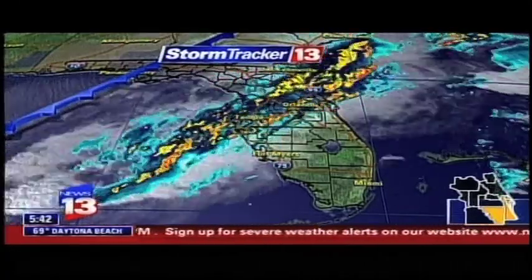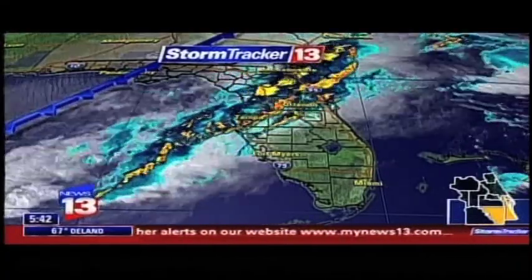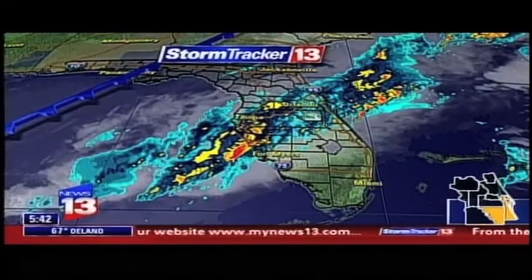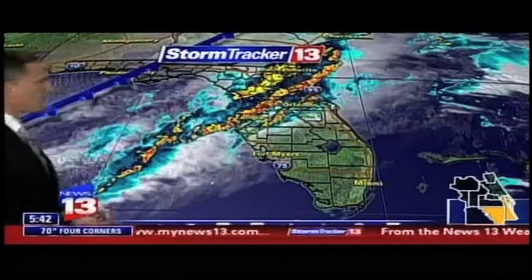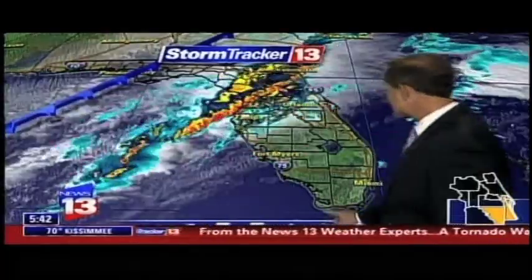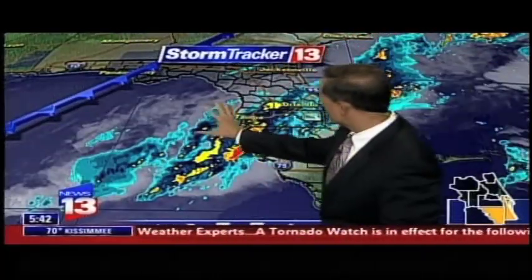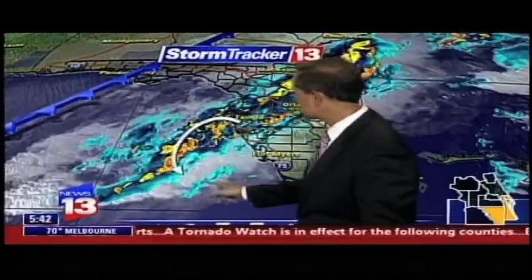All right, there's our frontal boundary. So this isn't even the front. This is a squall line out ahead of the front. Essentially, as cold fronts drop into a very warm, moist atmosphere, as we saw today, the energy rushes out ahead of the frontal boundary itself, and the squall line develops out ahead of the front, and that's what we're seeing now. There's still plenty of moisture back behind it,